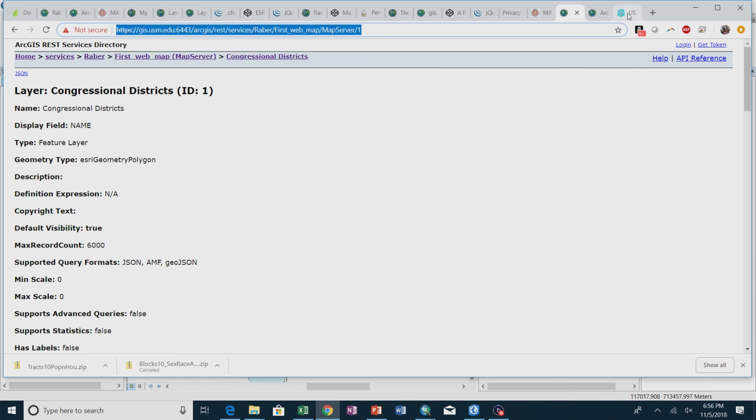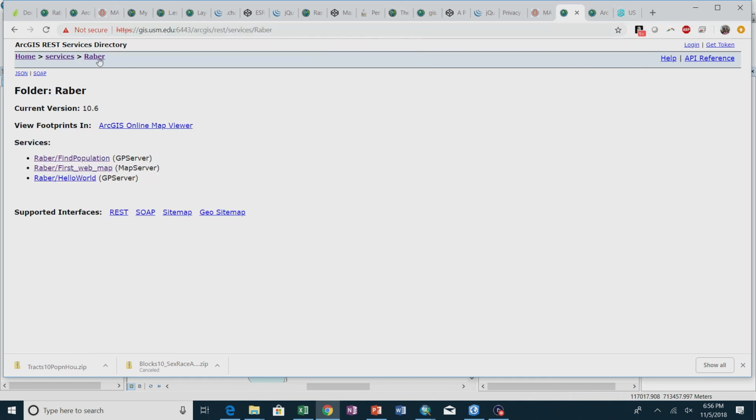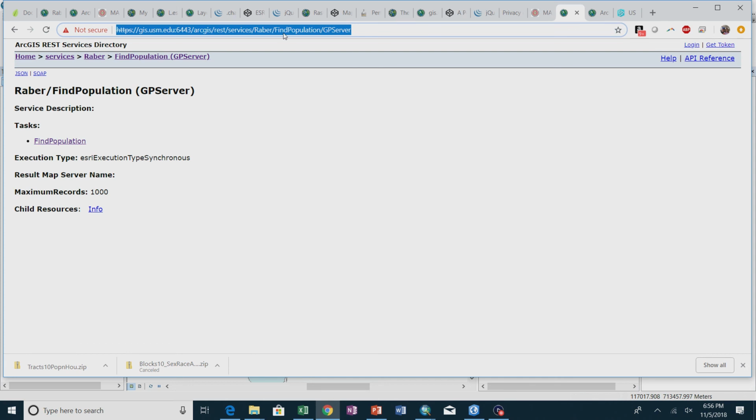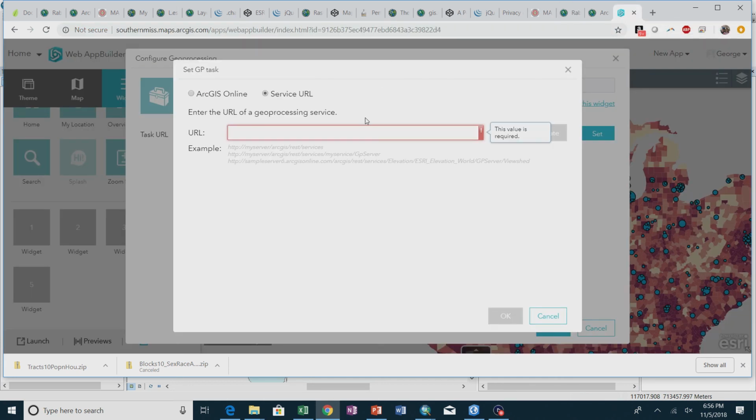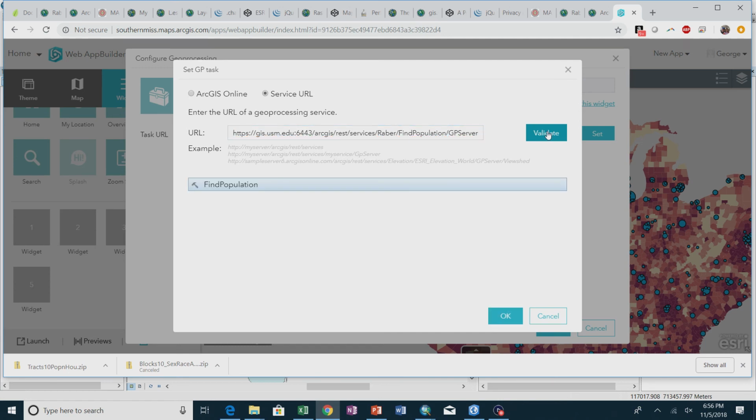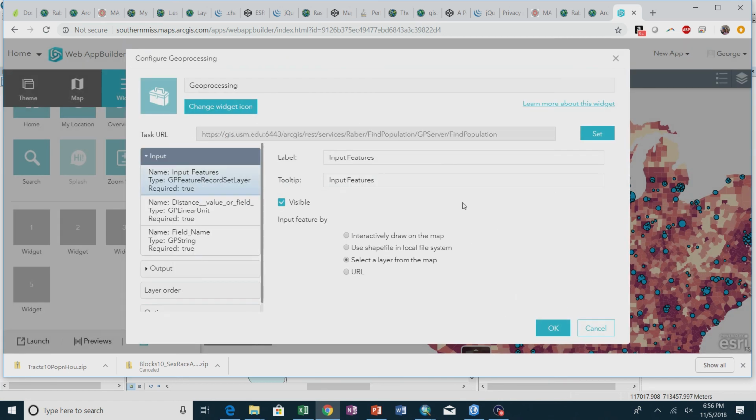So I showed you how to test it in ArcMap. Is this the right one? No, that's not the right one. First, find population. So that's my geoprocessing service URL. So it's valid. I can say OK. And so